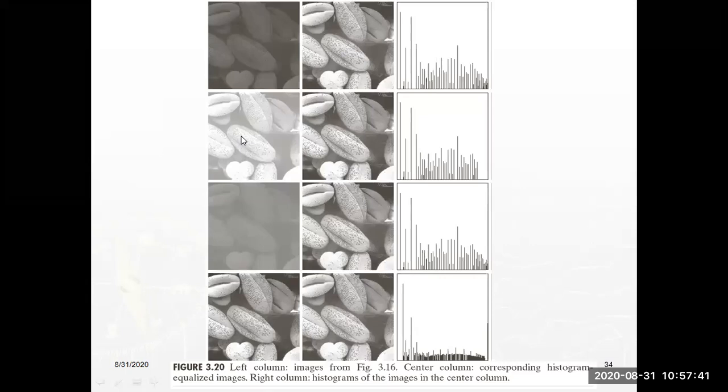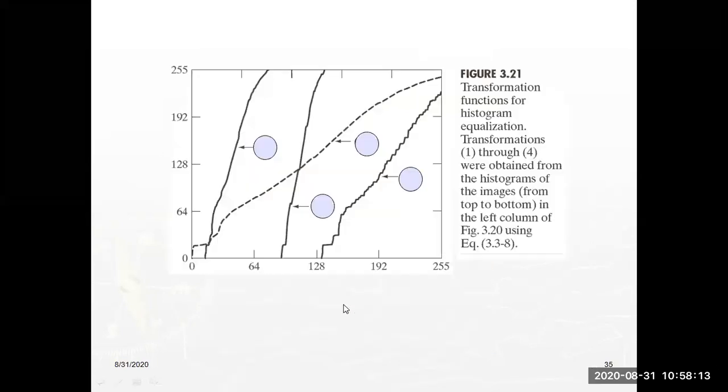Similarly, the light image histogram will be modified. This is equalized. Similarly, low contrast is modified or equalized like this. And high contrast is like this. So these are all not originals. After histogram equalization, the graphs will be modified and the images are definitely enhanced. If you observe clearly, all are enhanced. So this is the application of enhancement, and the graphs are after the transformation functions. The graphs will be like this for the corresponding four images.